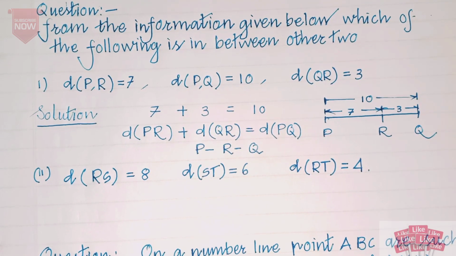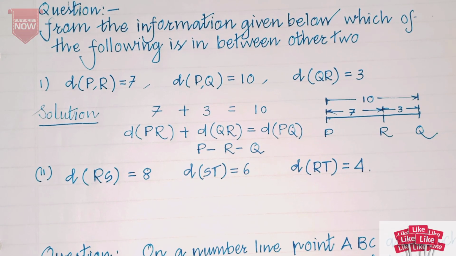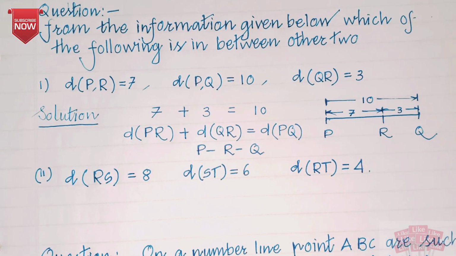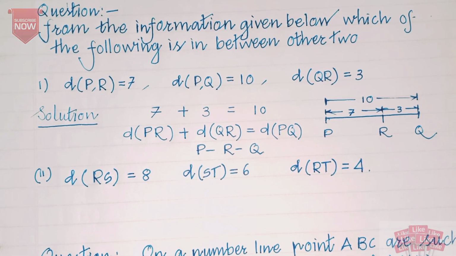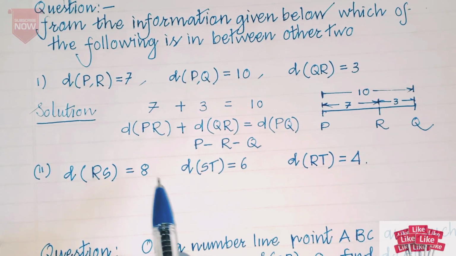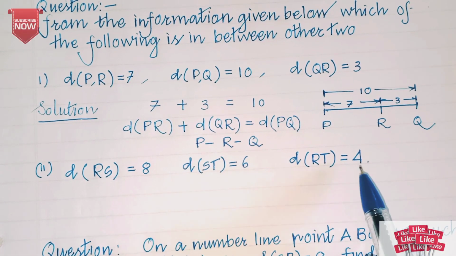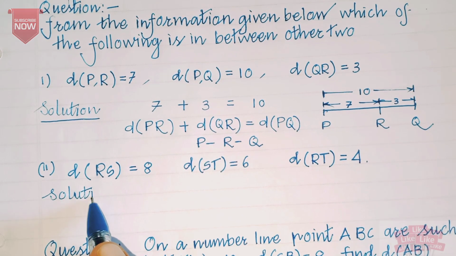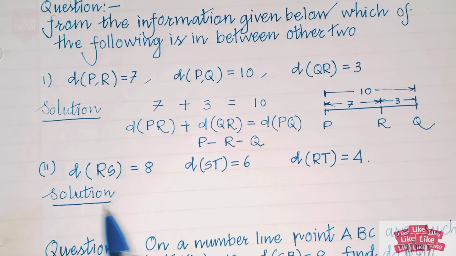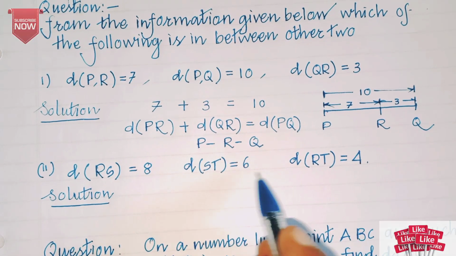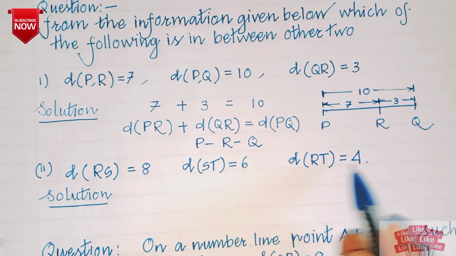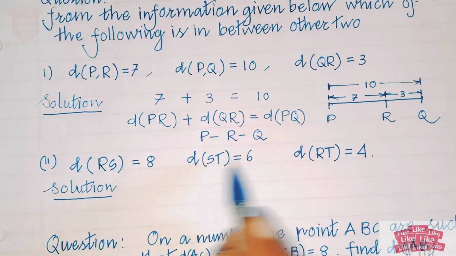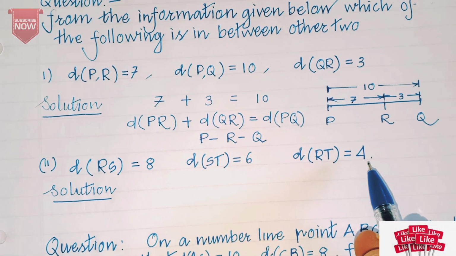In the same way you can solve this question, but you have to identify whether the sum of two numbers is the third or the subtraction of two numbers is the third. Now you see here 8, 6, 4 is there. See here, 8 plus 6 is equal to 4? 8 plus 6, no, it is not possible. 6 plus 4, no, it is 10, not 8. After that 8 minus 6 is 2, it is not equal to 4.